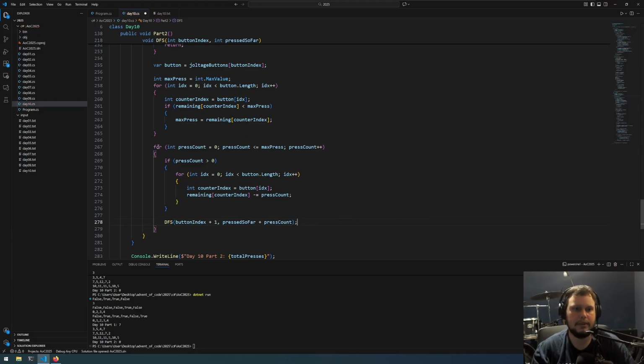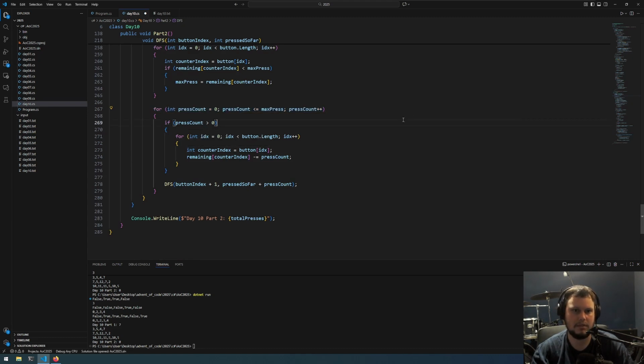The way this will work is when you first run it, you start on the first button. Based on all the stuff above, if it's a valid button, we press it inside of here. We then run DFS again. So in this instance, we are testing it where that button is only pressed once. Press it once, we then go on to the next button, and we do this. So with the one press button, it will go through, then it'll go to the next button, so on, until it reaches the end. If it was able to successfully reach the target, it would save the button press amount